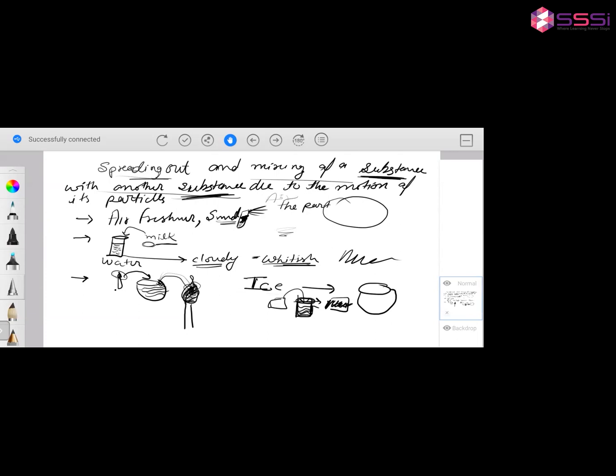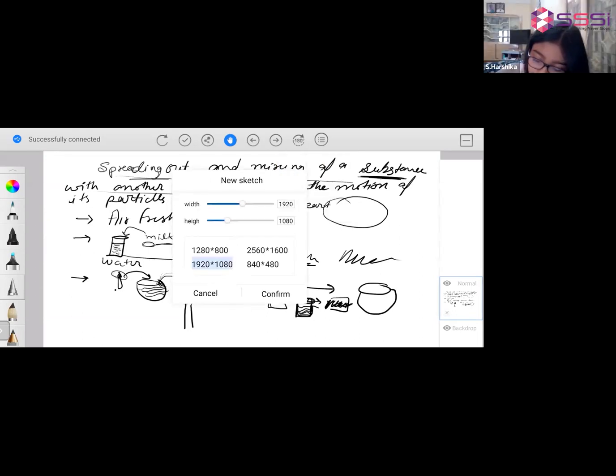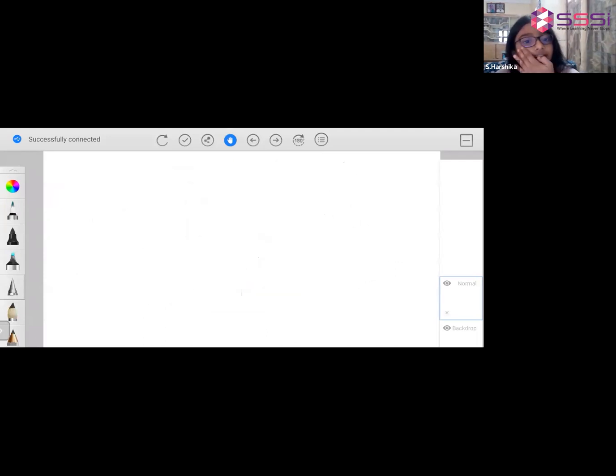There's another example. You may write: the leakage of cooking gas in our homes. You want me to write, or will you write on your own? I'll write it, ma'am. Ma'am, you can tell it and then I'll write it.